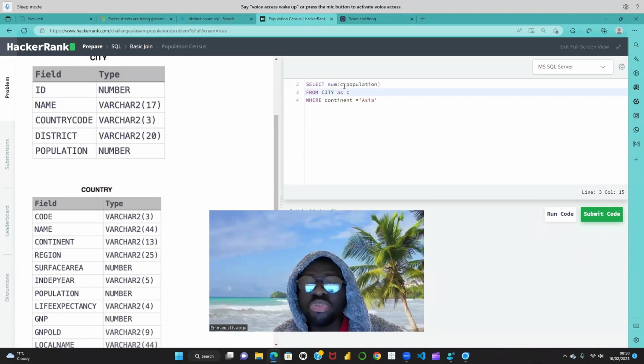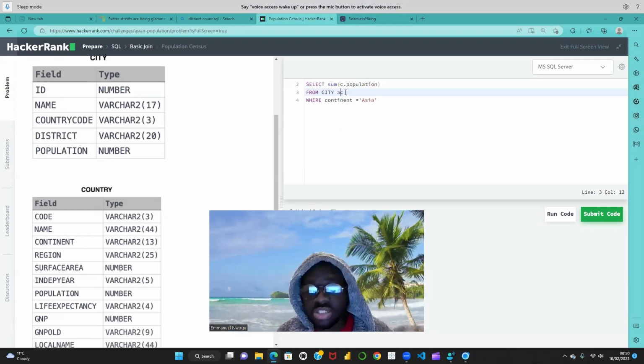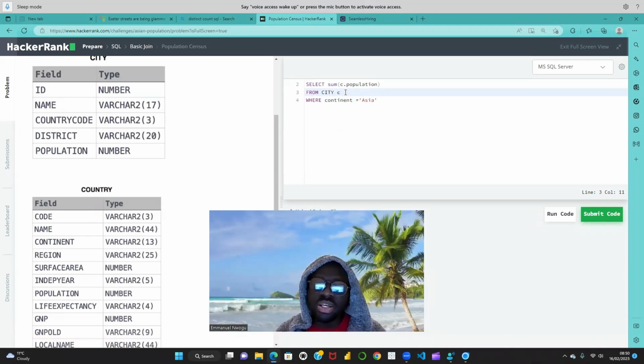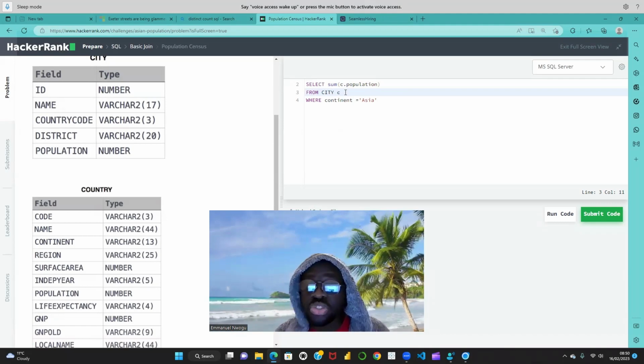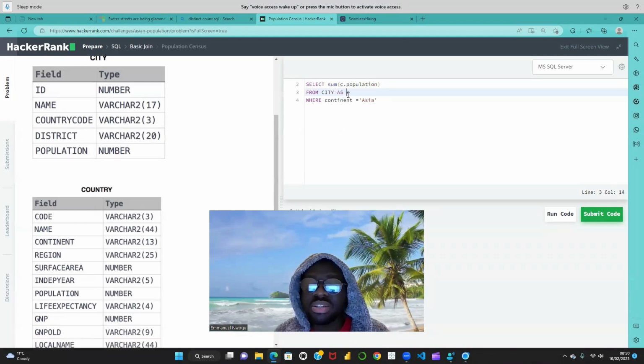I'll say select sum of population of city population from the city table, which we've aliased as C. Another way of doing that is just removing the AS. But I usually like using the AS because somehow it makes it flow. It makes it sound more like a logical English statement, isn't it? So I always like using the AS statement, which you can still put in capital letters. It's the same thing, from city as C,